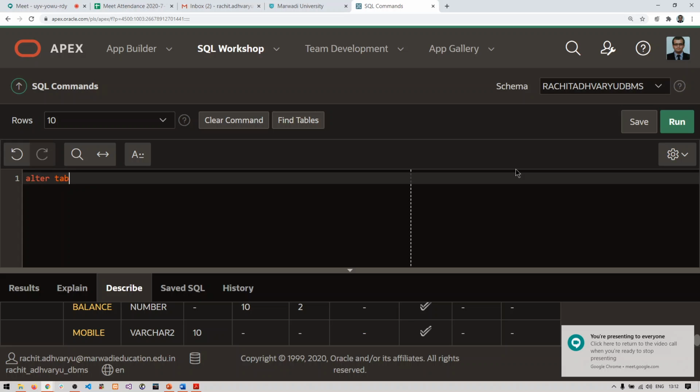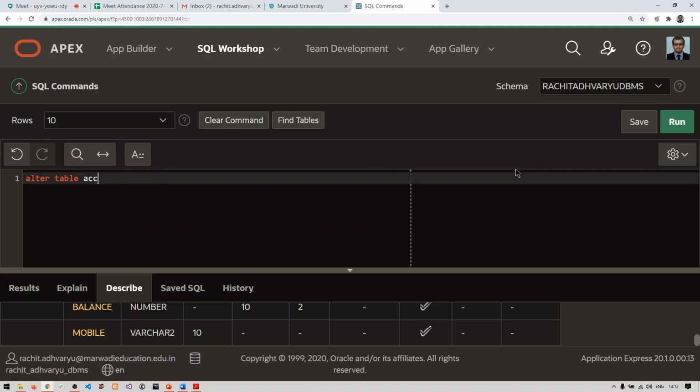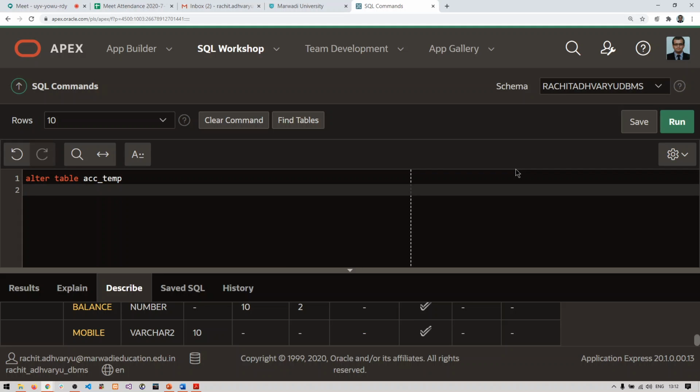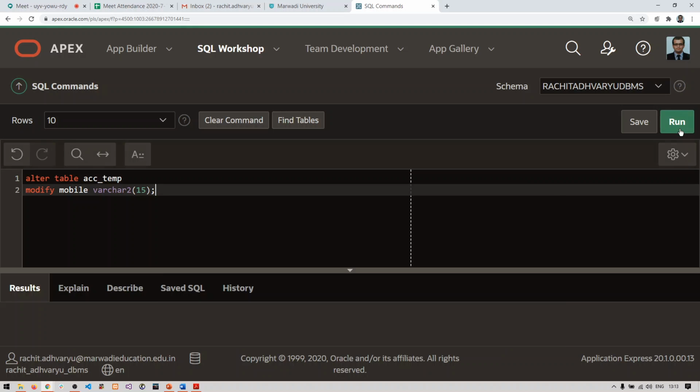Alter table acc_temp modify, then what is the column? That is mobile. Then I want to modify the size only, so I'll keep my old data type as it is and I will just provide the new size. That's it. Execute it.